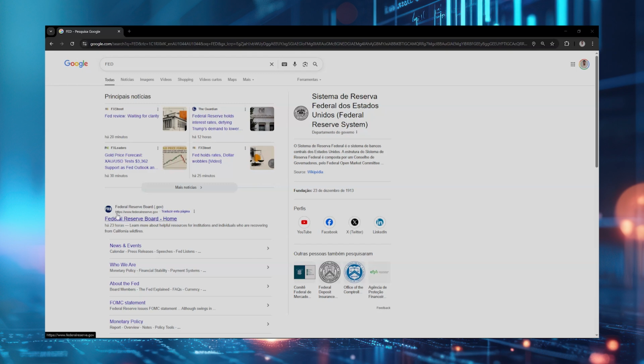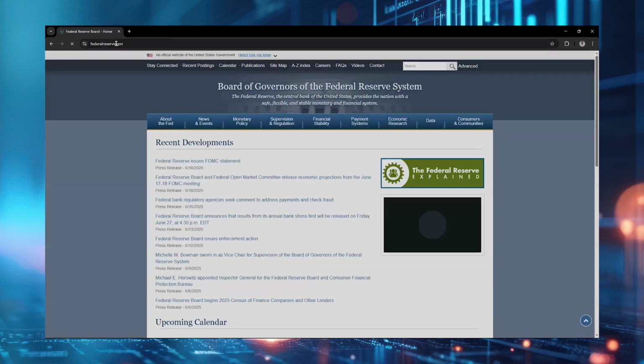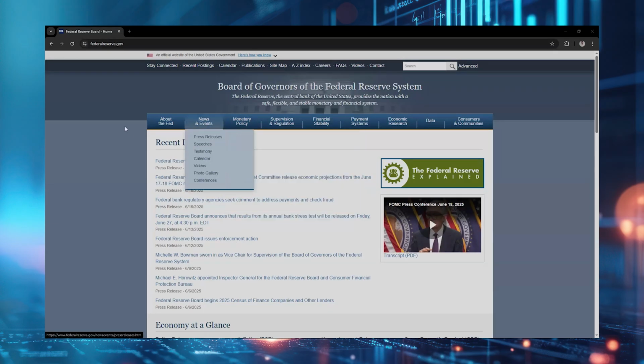If you click on that one, I can just send a link to everyone as well. Okay, the link is in the chat, so you can just click on chat and you will be able to have the link. Once you're here in the Fed board, if you go to monetary policy, you have plenty